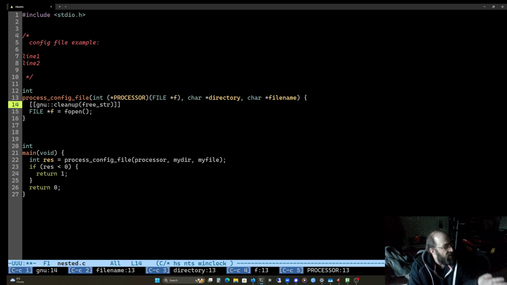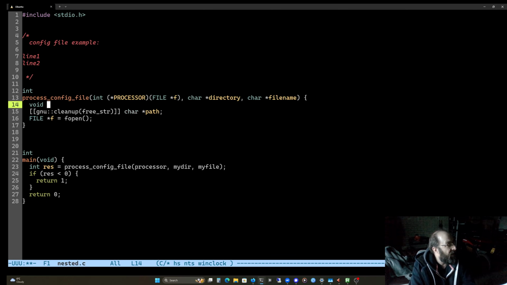This is like an automatic cleanup for allocation. So this variable will have free string called on it. Where's free string? We can define it here.